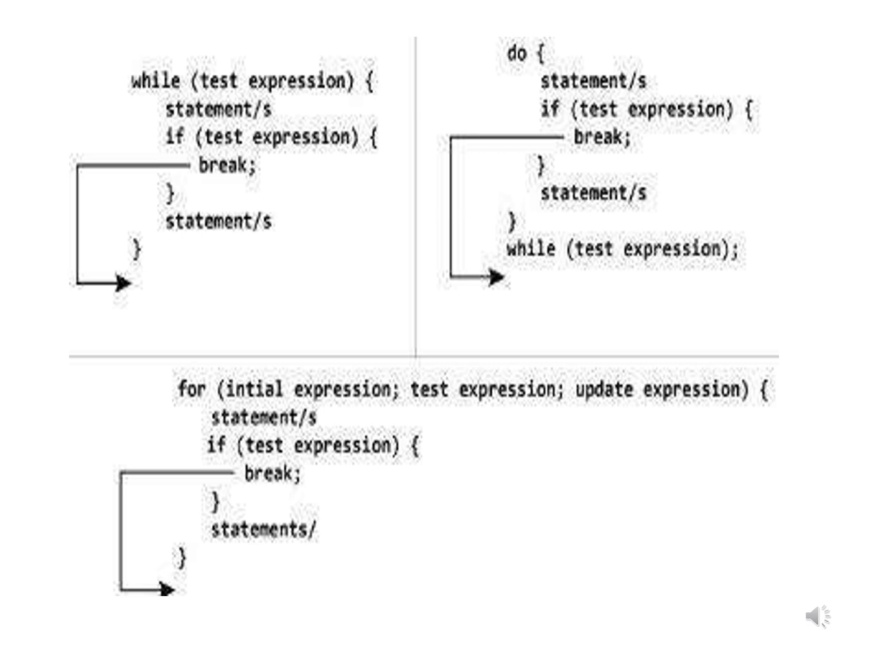So whenever the break statement is executed, then only the loop will break and come out of the do while loop. At the same time, we can use break in the for loop also. In the for loop, we write: for initial expression, test expression, and update expression, open bracket,